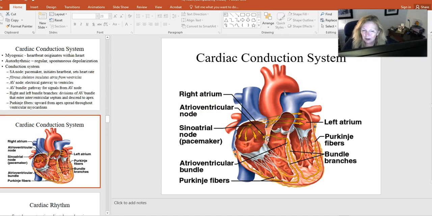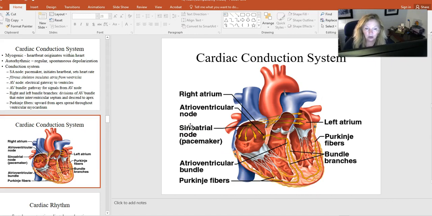It hits this AV node, and then that becomes electrified, and the signal gets sent down through these bundle branches to what are called Purkinje fibers that you can see are encircling the ventricles. So then the ventricles will get a signal to contract. But where it starts is here at the SA node. So this is how current, or an electrical signal, actually moves through the heart. First, the atria, then down through the ventricles, so that they